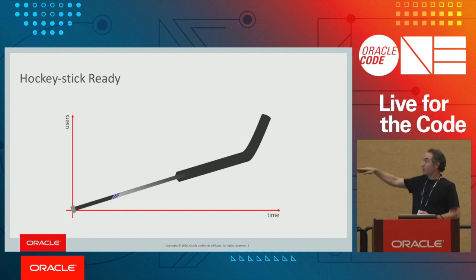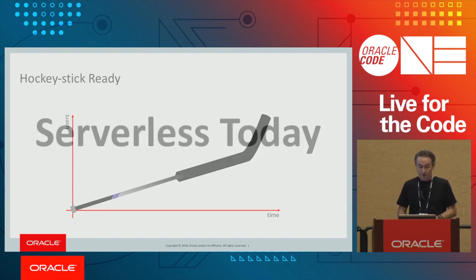So this is a curve which most companies spend their entire year worrying about. Like if you're Macy's or someone and you're worried about Black Friday, that curve is Black Friday. Right? And that's all you spend your time worrying about. In a serverless world, this is not your problem, this is the platform provider's problem. So there's a huge advantage there.